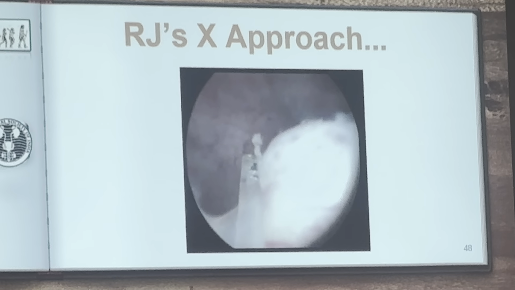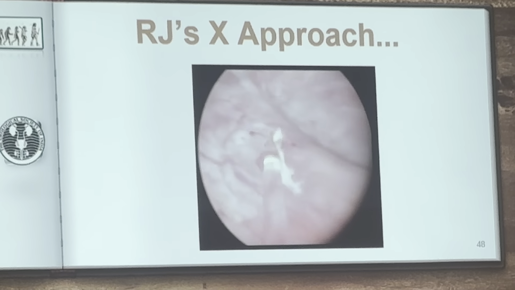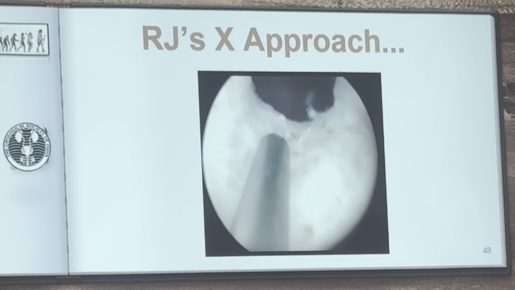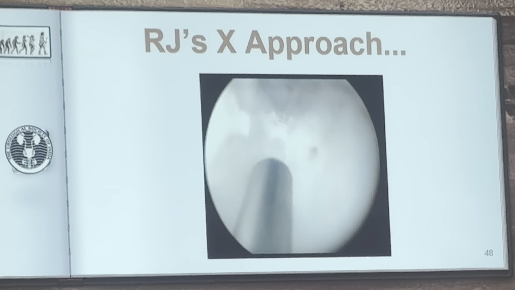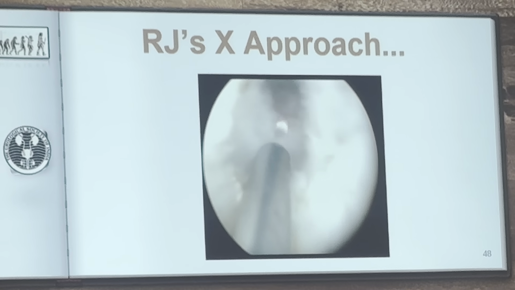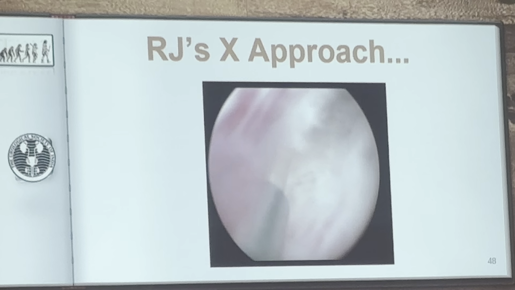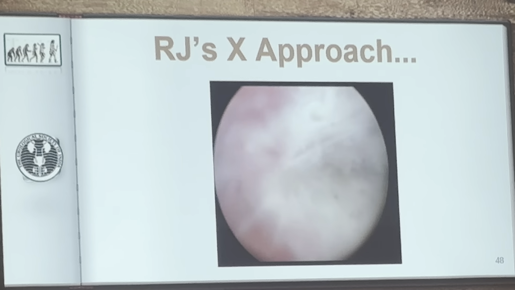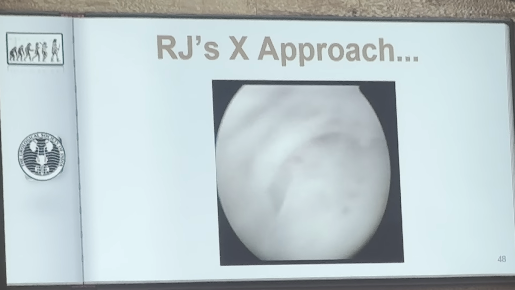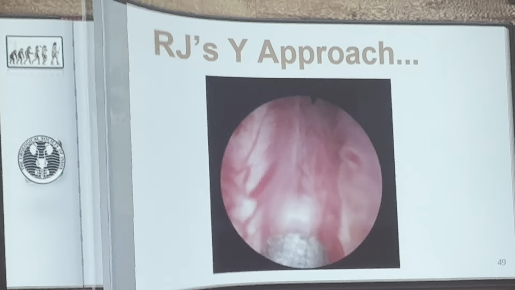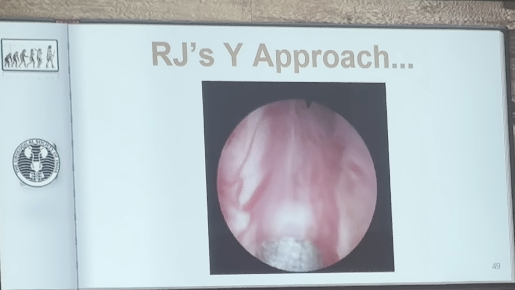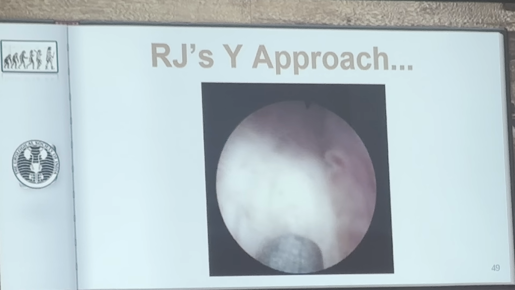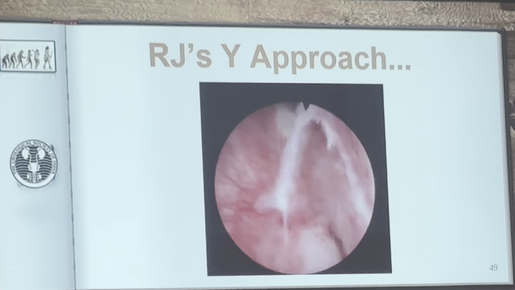This is a small video of the X approach. There is a large median lobe, so I am marking the ureteric orifice, and at the same level, that is 7 o'clock, I am giving this incision up to the capsular fibers. Then I withdraw till I reach the midline, and then I sweep laterally. So this becomes the right limb of the X. We start at 7 o'clock, come to the midline, and diverge on the lateral aspect, so that the lobe starts getting enucleated. And this is the Y approach, wherein this is the 1.5 centimeter colliculus seminalis which I am preserving,